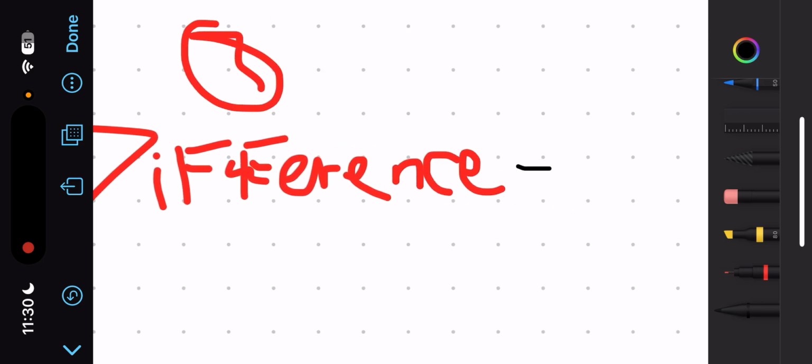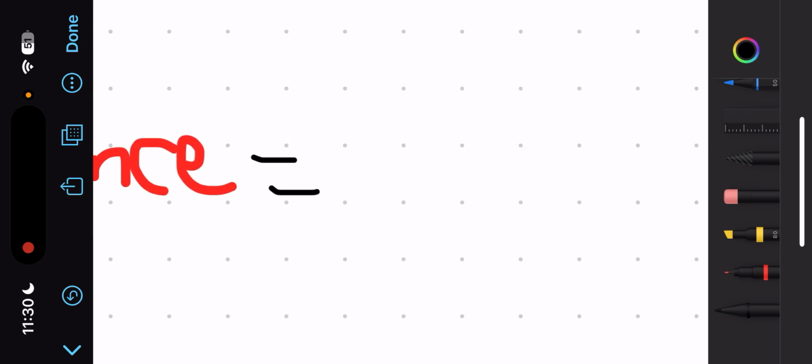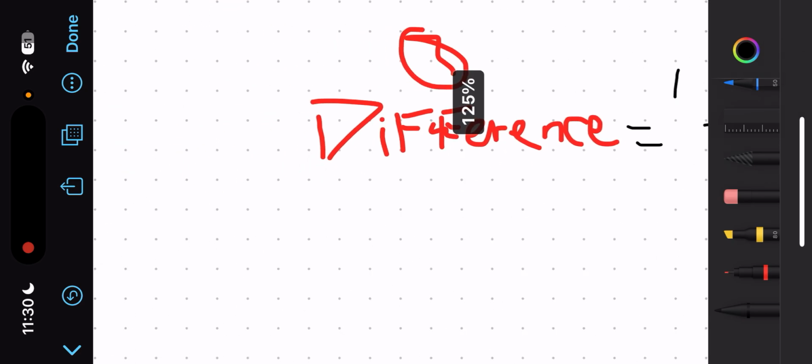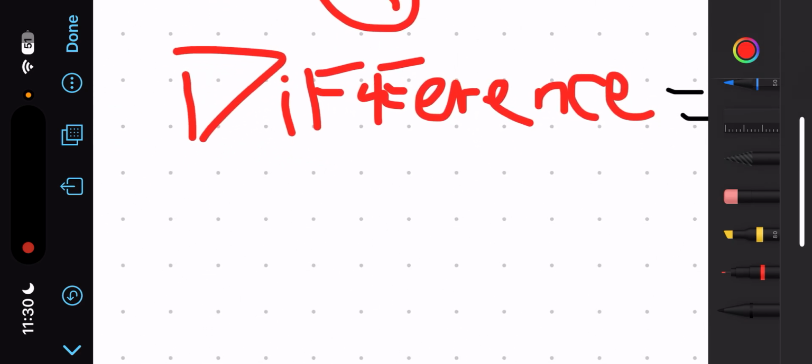Difference is denoted by this minus sign. Let me give you one more example here.